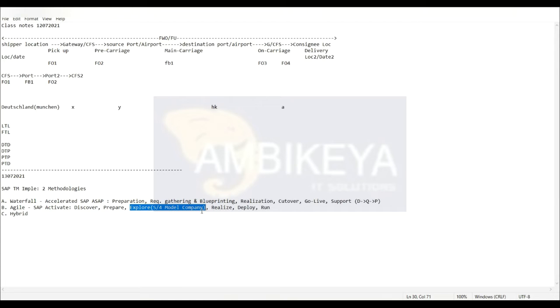solution. So they often say it's a kind of gap fit workshop, so that you can fit into the solution. You'll be configuring the solution and giving a demo to the customer, and you'll see if the business processes are fitting. That's what you do in the explore phase. Once you are over the explore phase, you'll have the information on which business processes are fitting into the standard, and